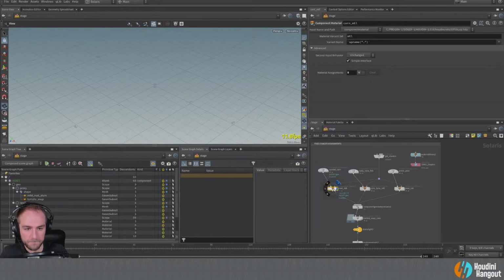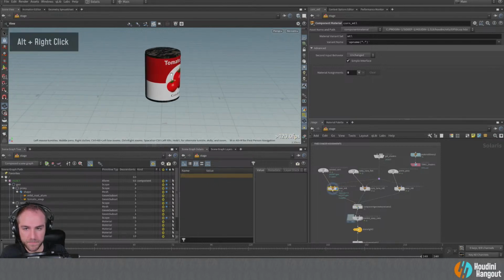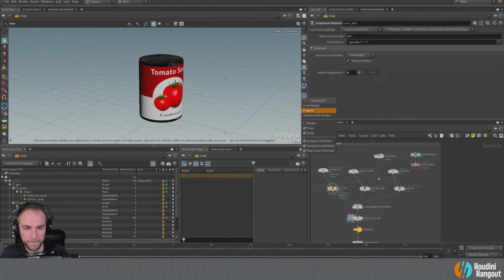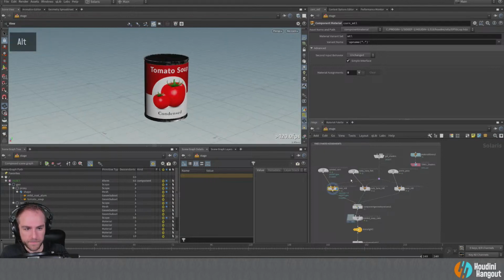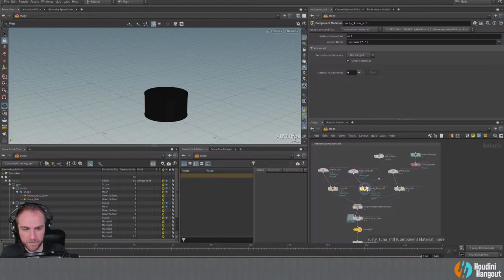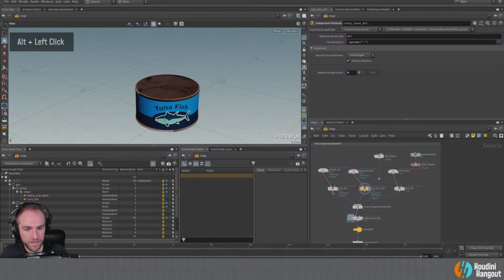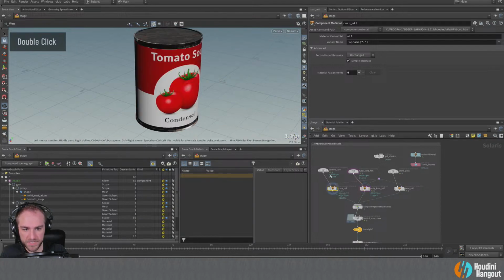So there we go. So there is one of them. There is a tuna fish can. Why this one says corn material, I'm not sure, but that's okay.